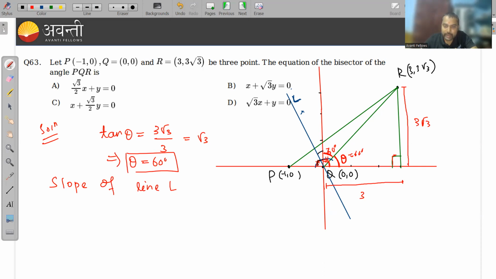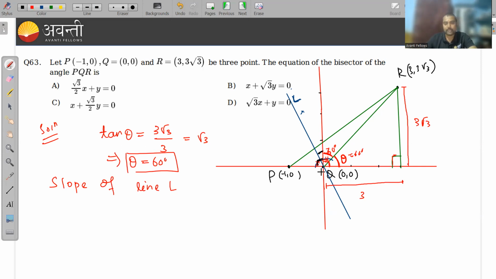This angle is 90, and this is 60 plus 30, 90, ये भी 90 है।